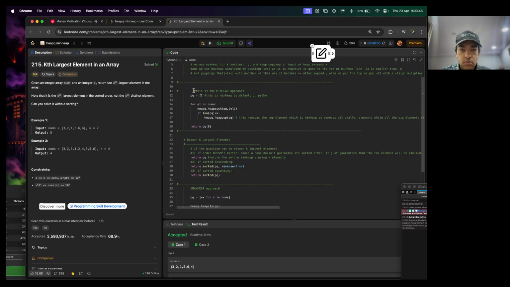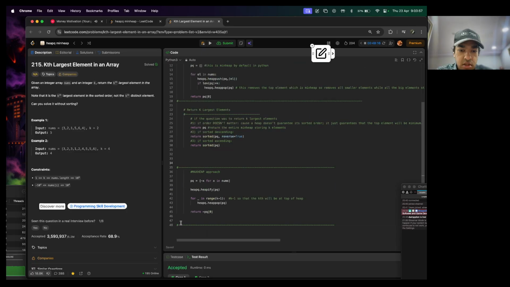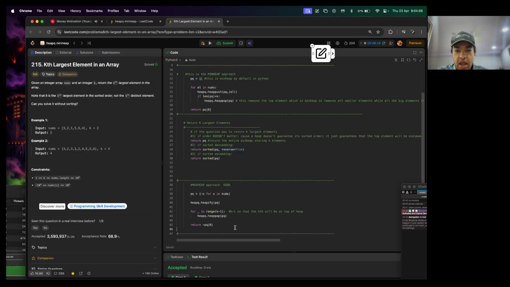So basically, we have seen two approaches for solving this question. One is with max heap. I will prefer this one. And this one is the min heap. And you can see that here we are pushing elements, all the elements with minus sign. In max heap, it's a standard practice that we push elements with minus sign, so that let's say